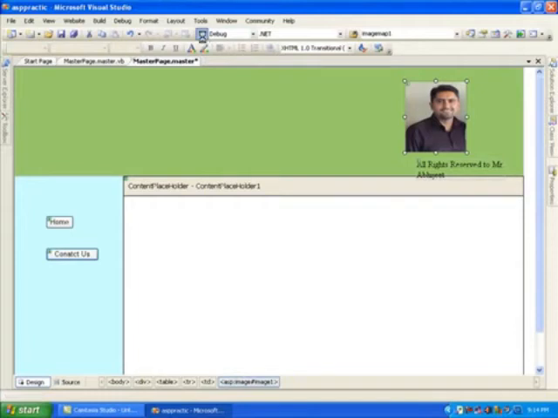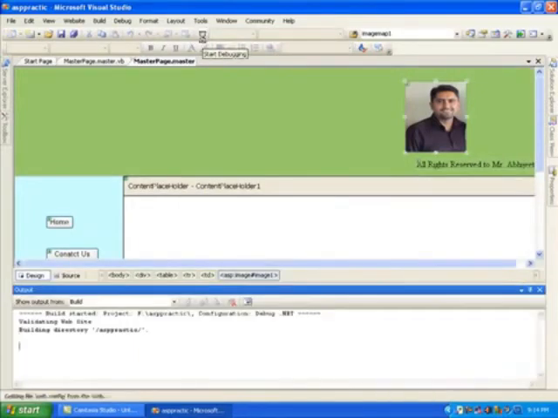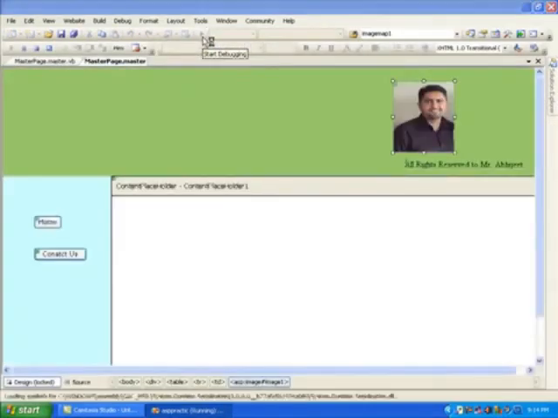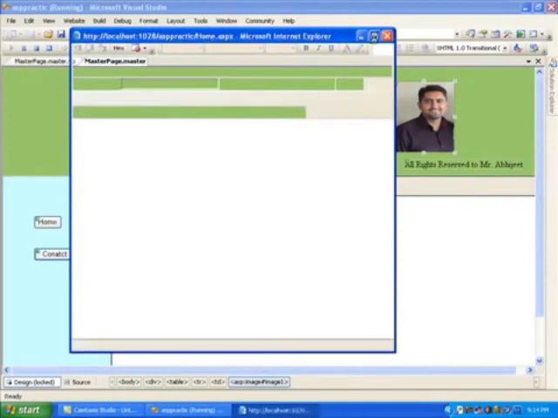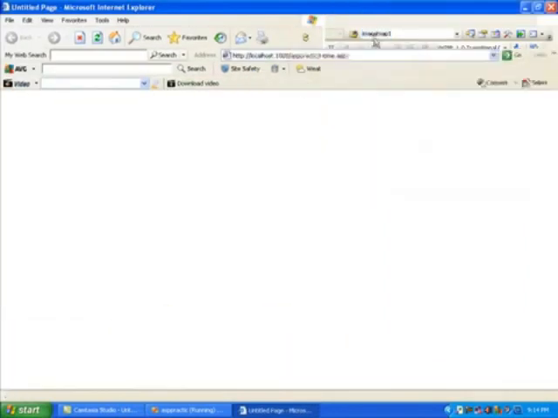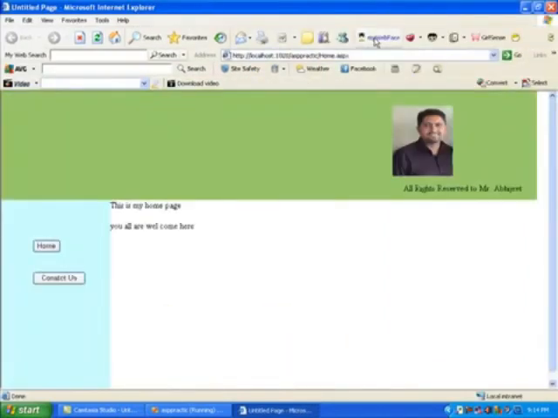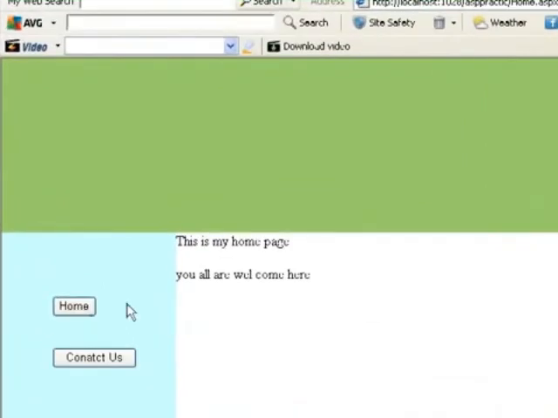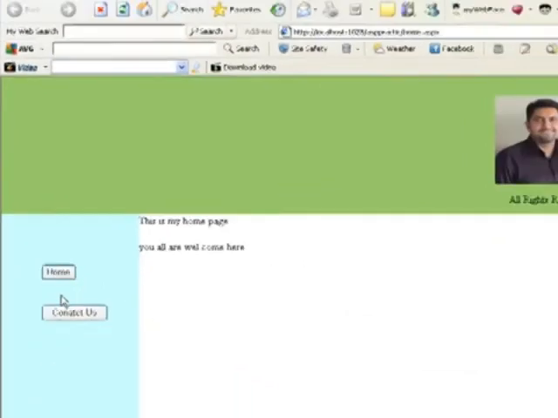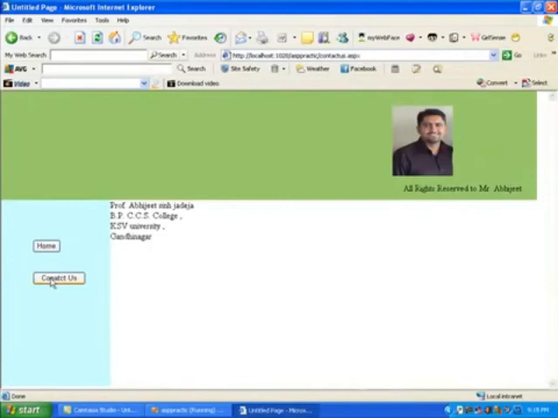My image is there, and when I run this web page, the home page will be there. Within a few seconds, my Internet Explorer will load my home page, because the home page is my starter page. If you have so many web pages in your website, and you want to make a page your home page, please go to the Solution Explorer and right click, Set As Start Page. Now this is my home page. When I click on Contact Us, I will reach Professor Abhijit Singh Jadeja. You can clearly see that the photograph is also available over here.